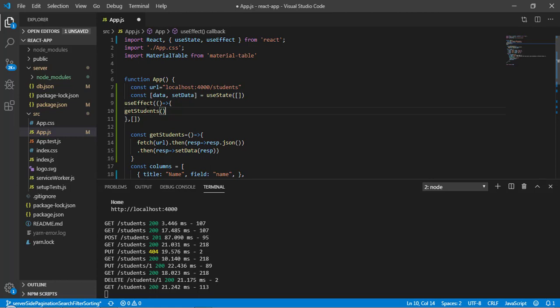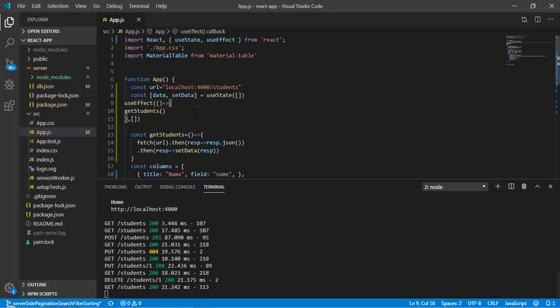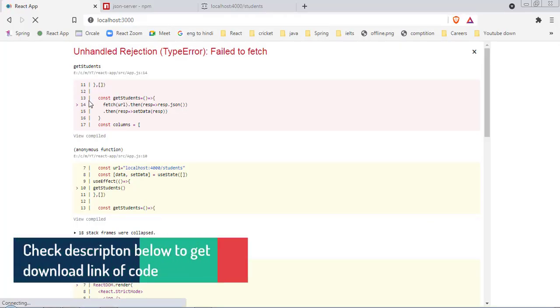Okay, so now save it, and let's come back to the UI. So now as you can see it has failed. So let's come here, and as you can see here we haven't added HTTP. So here HTTP, okay, and /. So now save it, and let's come back here.